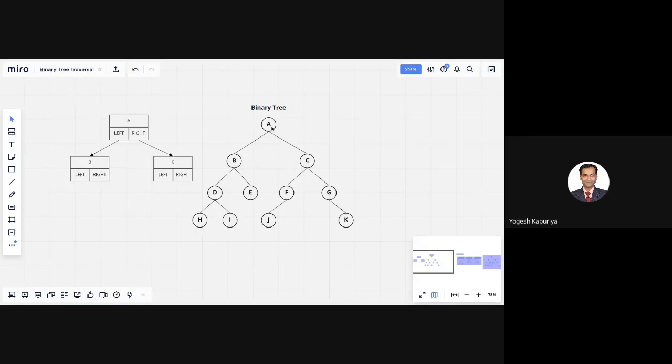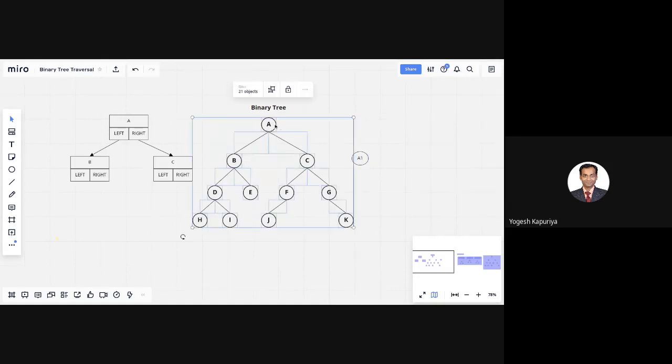Binary tree means that every node has always at the max two children, right? So like we have in any tree, we can have multiple children as well, but in case of binary tree, we always have two child or one child or no child for any tree.